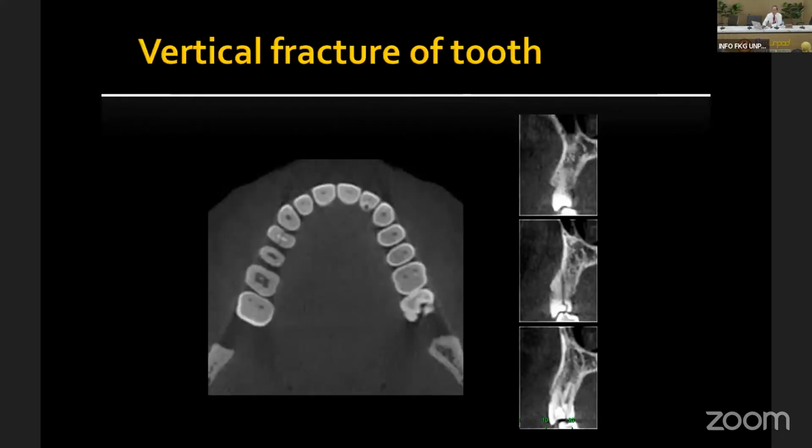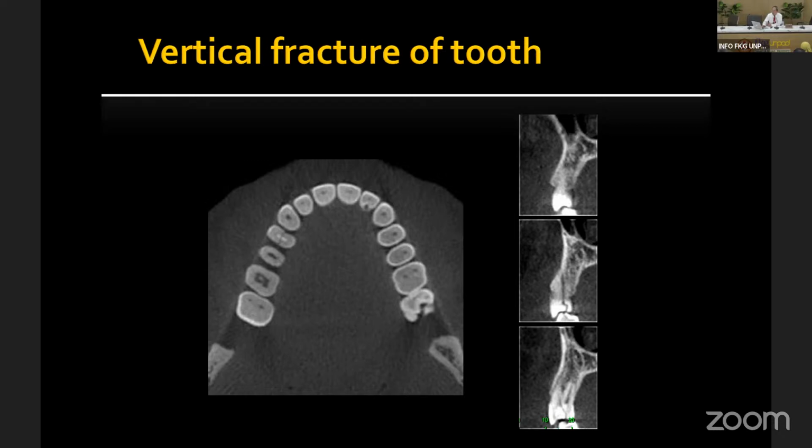Also, sometimes we have a vertical root fracture. Vertical root fracture is sometimes very difficult to diagnose in the clinical situation, particularly if the orientation is mesial-distal like this one. On the intraoral radiograph, you may have a hard time seeing the vertical root fracture.